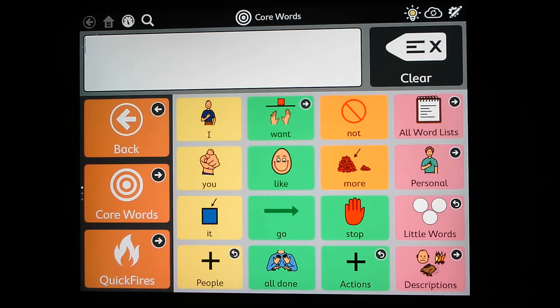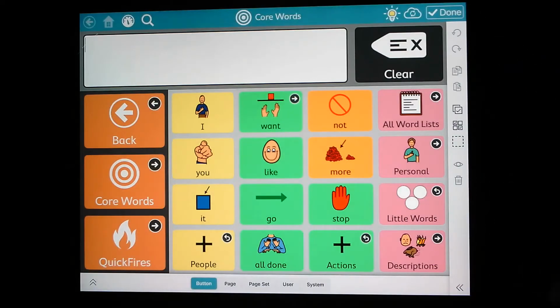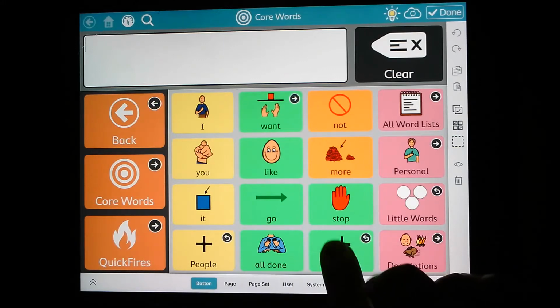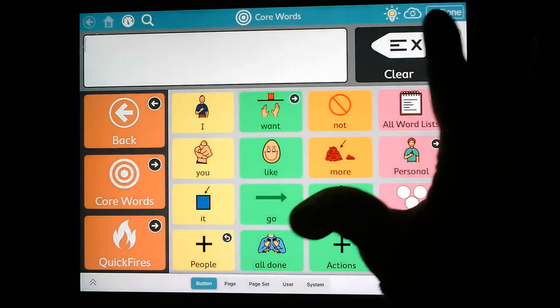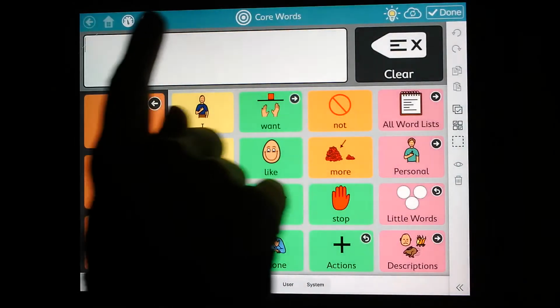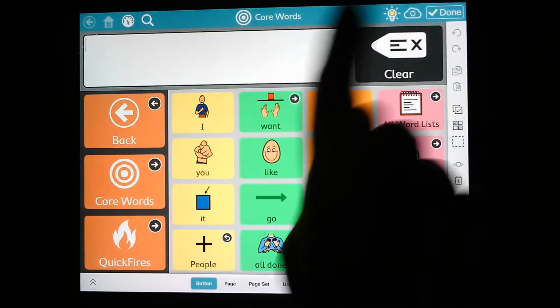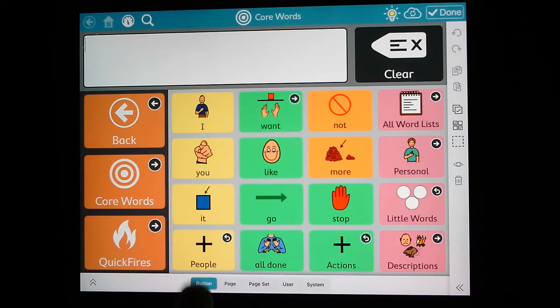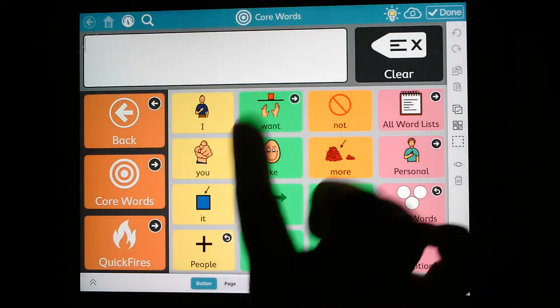Okay, so if you wanted to go in and adjust things and personalize them, first, the most important button being this little pencil with a gear tool. That's kind of how you customize everything, and I'm sorry you can't see, it's dark, but it's hard to video myself with the overhead light on. So this little pencil with a gear tool is how you customize anything, and you're in that if it's blue at the top. And so if you wanted to edit any of the buttons, which are these things right here,